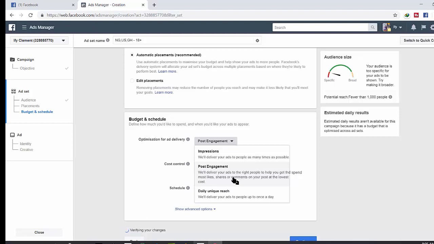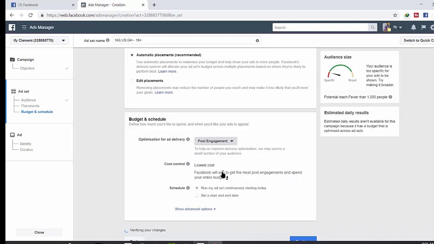Now, look at it. When you get likes, that means you got people to check out your post. You get shares, they're interested in your post, they love your post, and your ads rather, and they feel somebody might be interested in whatsoever you're marketing. They would share and they will put in nice comments. Remember, some people might be funny putting comments, but just be very careful the way you attend to things like that. All right, daily unique reach will deliver your ads to people once a day. I'm not interested in that. I'm good with post engagement. All right,